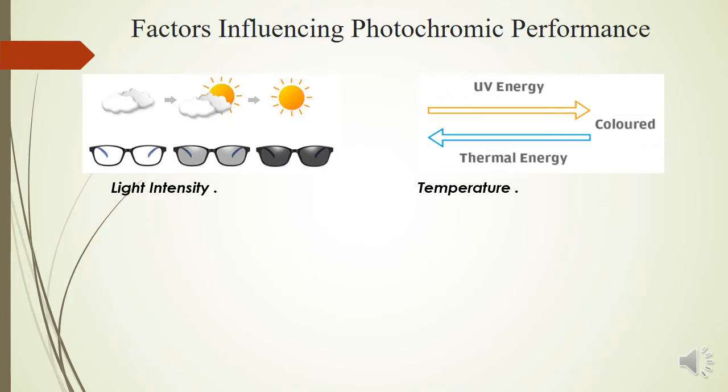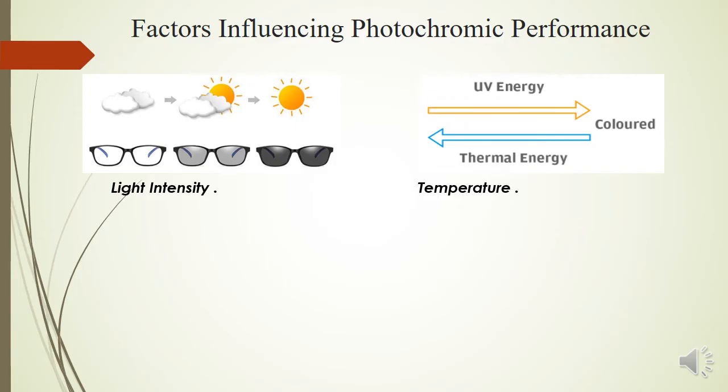But there is something called thermal bleaching. Thermal bleaching is nothing but whenever there is an increase in the temperature of the lens, that will start a reversible reaction which will reduce the amount of darkness. So a photochromic lens generally performs very well when there is quite intense light but lower temperature. On a bright sunny day in winter, where the atmospheric temperature is low and the light is strong, the lens will turn much darker compared to an environment where the temperature is quite hot even though the UV energy is high.